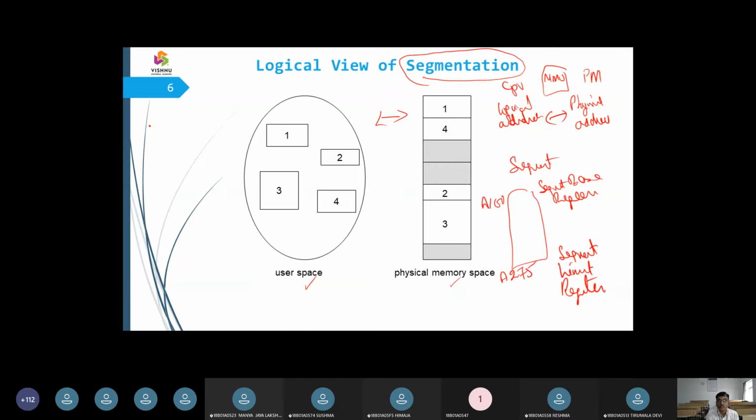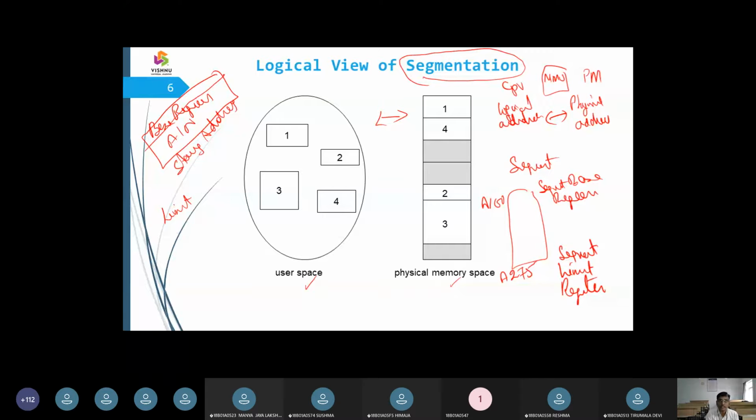The base register is going to have the starting address of the segment, and this starting address is represented as A100.